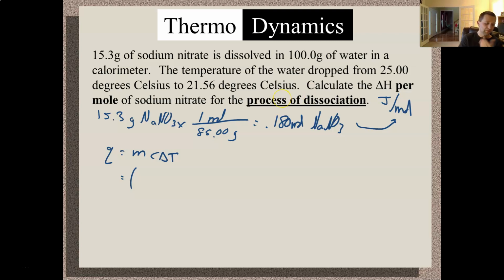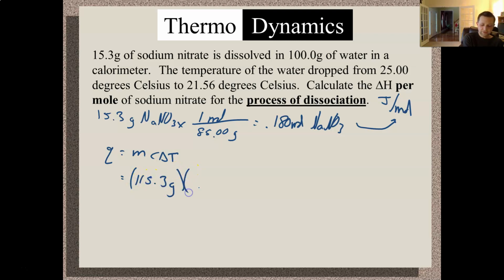See, it says in bold here, process of dissociation. So that process is what we want to look at here. Typically with solution calorimetry, you will combine the mass of the water and the solute. That's usually what happens. So that's the specific category we're in here, solution calorimetry, because the whole solution is changing temperature. You put the sodium nitrate in, it dissolves, the solution is changing temperature. So it's the combination of those two masses. So your mass is actually 115.3